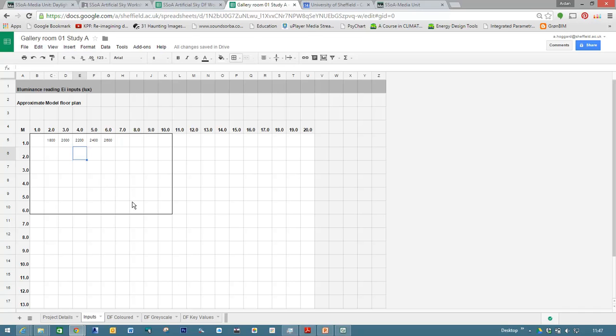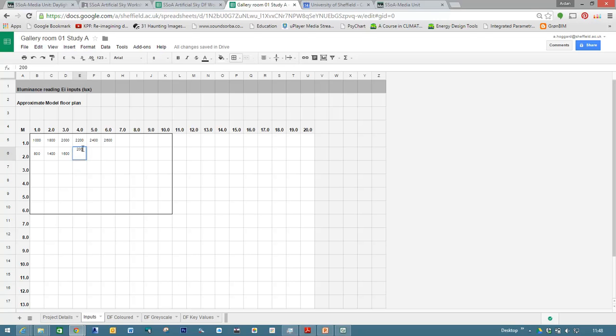What would be helpful is if our model in the artificial sky had a grid marked on the floor corresponding to this grid, and that would help us put the light meter in the right place. So let's take some more readings here, typing them in lux, of course. Okay, so that's the process. Now normally,